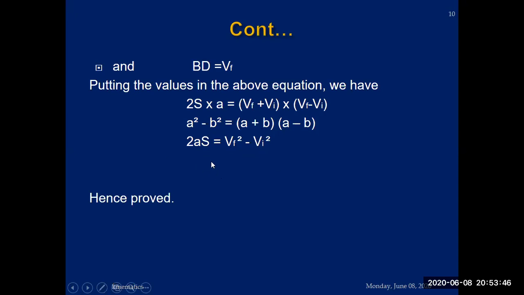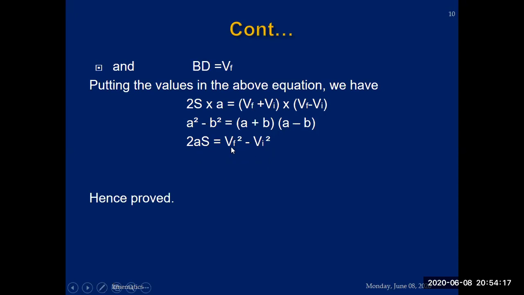When is it applied? Look, when a body starts from rest, and after covering 20 meter distance its velocity becomes 30 meter per second, calculate the acceleration. This will be the formula used to calculate the acceleration A. If you are told the change of velocity and the value of acceleration is given, you will be asked to calculate the distance.